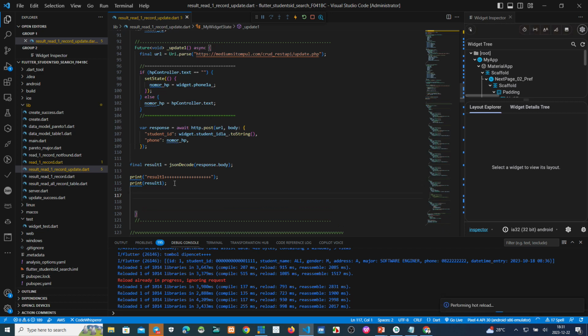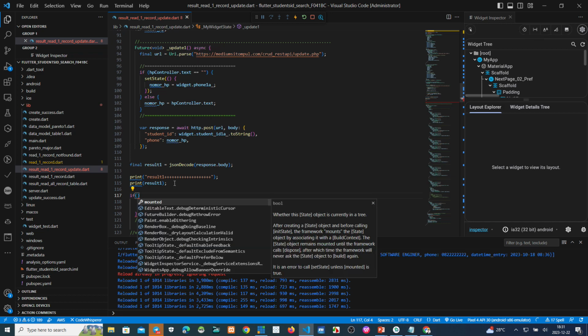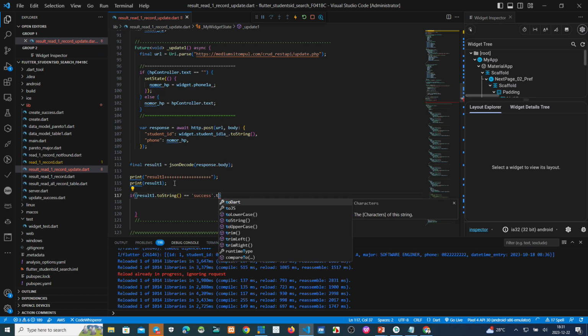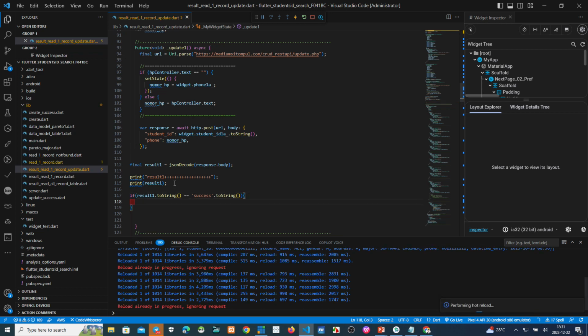Okay. After that, we check the information: if result one to string equals success, and also this is to string. Okay, if success,